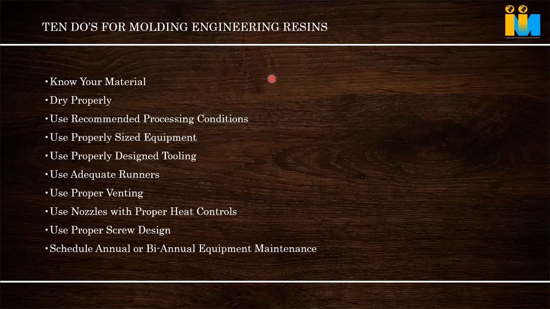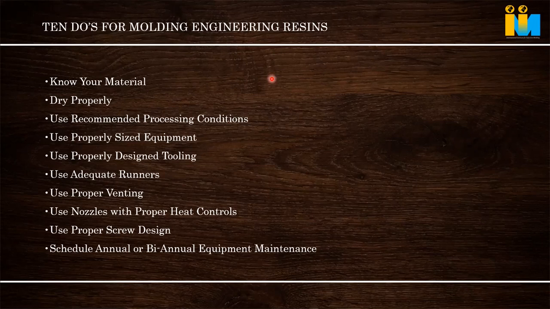I told one example, I don't know if I told it or not. In one place there was a very critical small part. The hopper dryer they were using was a normal bigger hopper dryer. They were heating, but the dimension kept on changing. From the start in the morning, when we were molding, after some 10 hours the critical dimension changed, because the flow of the material was getting changed. Why? Because the hopper dryer was so small, cumulative drying time was going too high. So molecular property, flow property and viscosity change. You are overheating for a longer time. So that has to be taken care of. That is proper sized equipment.